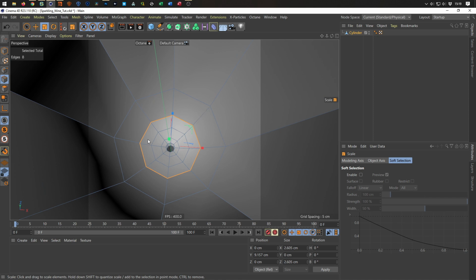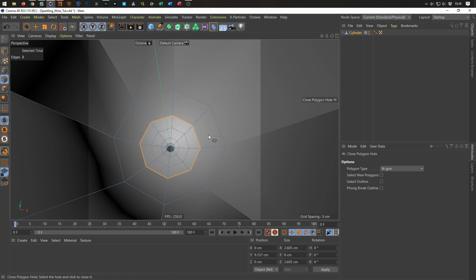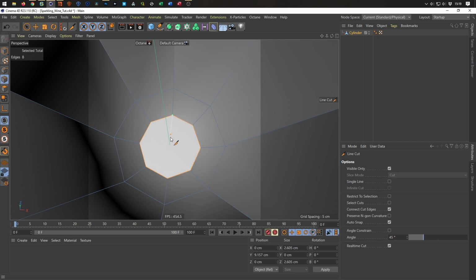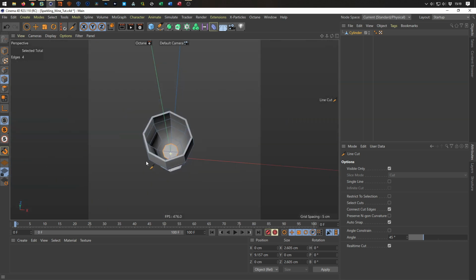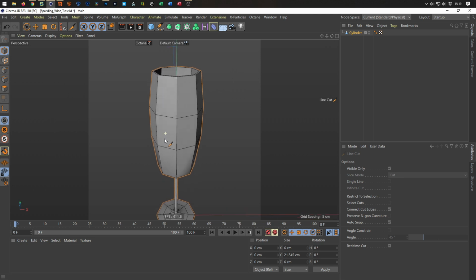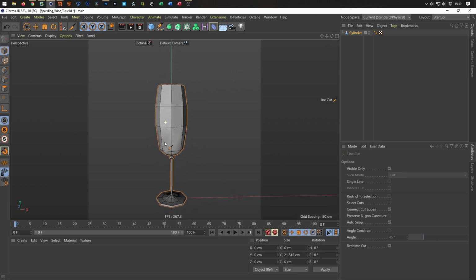With MD I close this hole. MD is close polygon hole. You see, we can close it. Okay. And with KK I take the knife tool and make two cuts here so that I have quads. See? 1, 2, 3, 4. This is a quad. Everything is a quad. And now we have a nice shape, and this shape should look quite nice in the